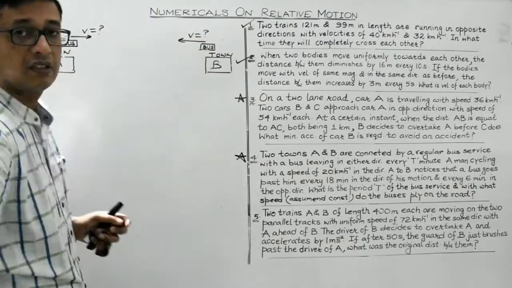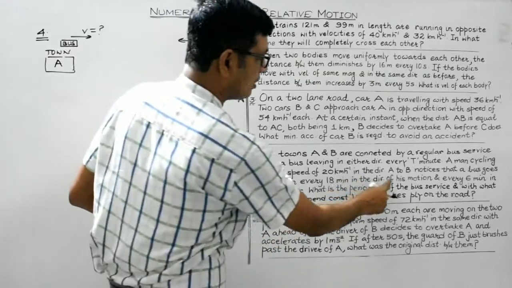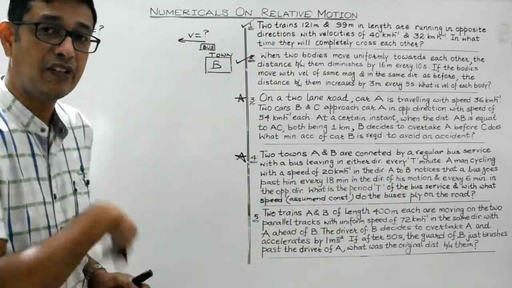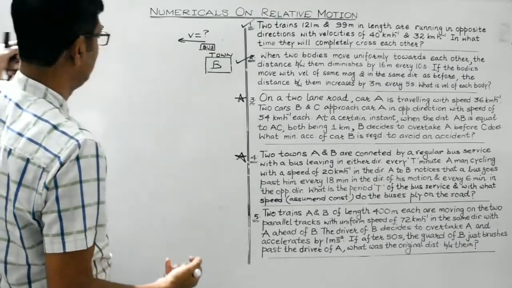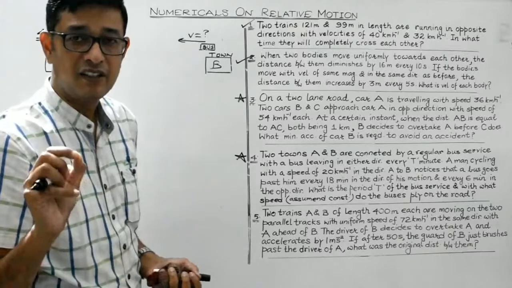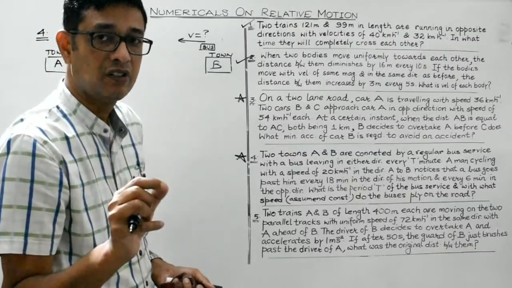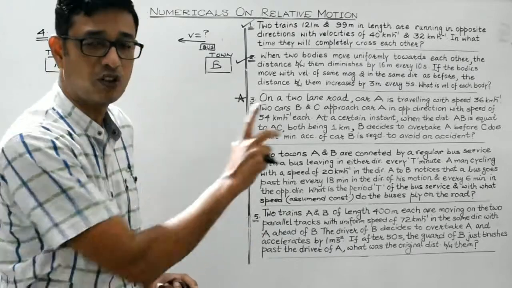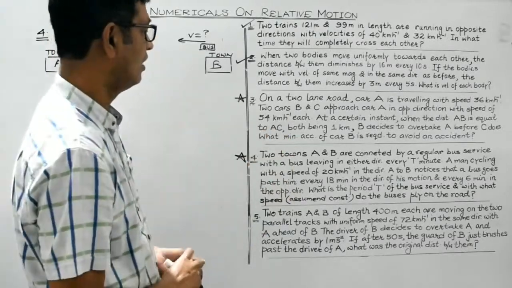This bus service is available after a regular interval of time, capital T minutes. So after every T minutes, a bus leaves the city in either direction, right? So let the speed with which the buses ply between these two towns be V, which is assumed to be constant as per the question. Now,